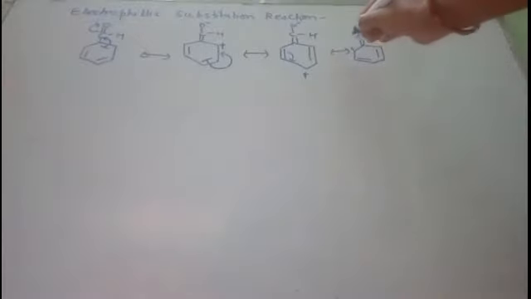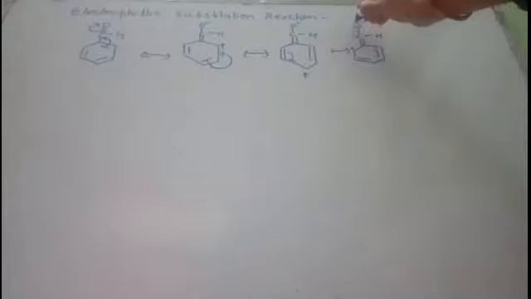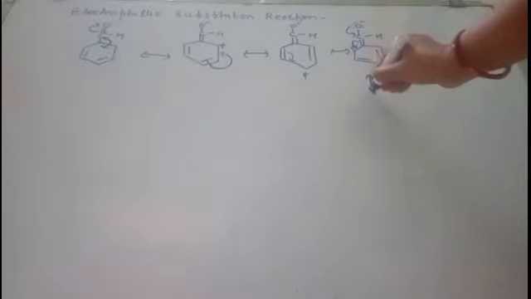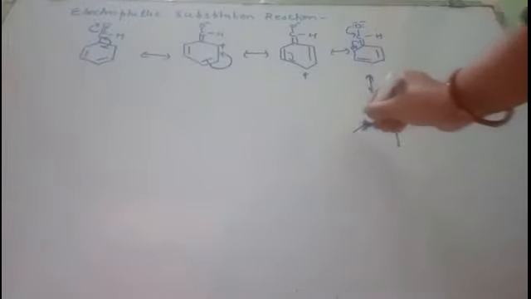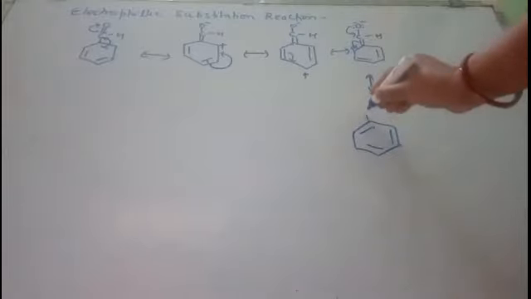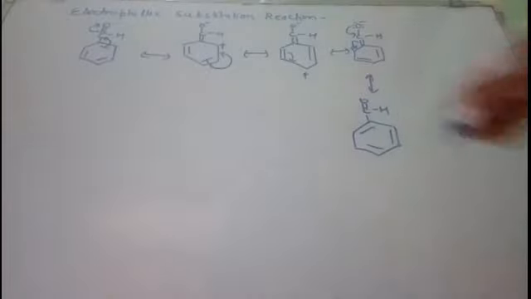Okay. Then further these electrons will go back to this position, and the electrons which were present on oxygen will come back to this position. So these will come here and we will get a double bond here, single bond, double bond OH. So these are the resonating structures of benzaldehyde.